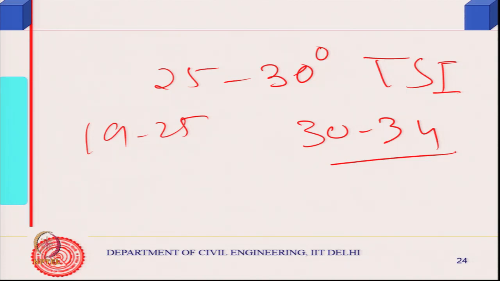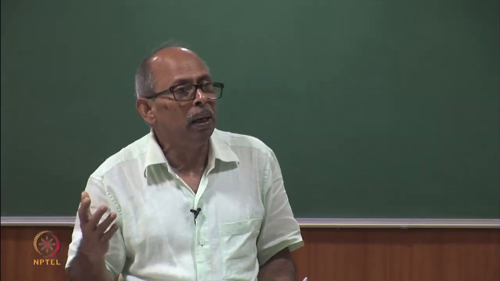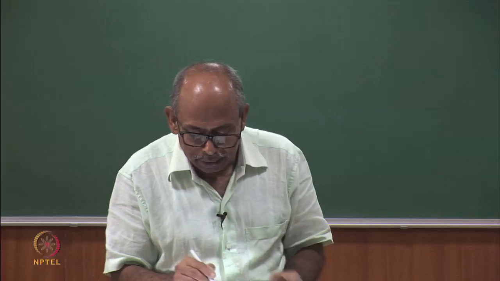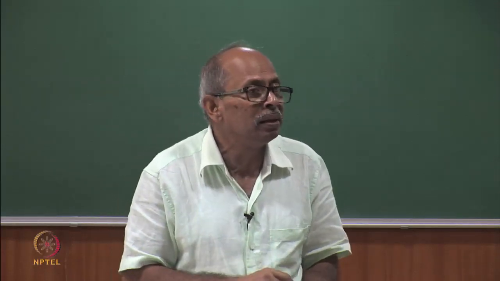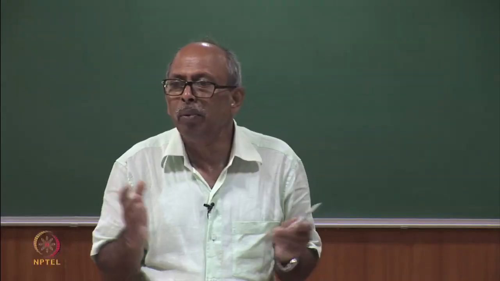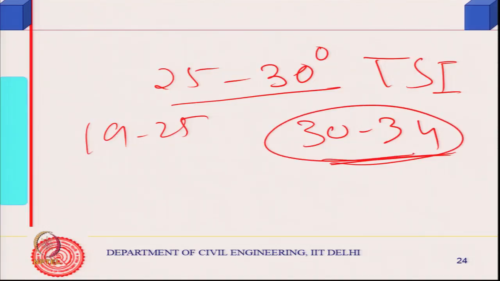tolerable. In a naturally ventilated building, not an air-conditioned building, you cannot maintain this temperature, it is not very easy, but you can possibly maintain the internal air temperature to this. So this is tolerable. Many people in this country may not be able to afford air conditioners and things like that. Therefore 30 to 34 is considered tolerable, and 19 to 25 is also considered